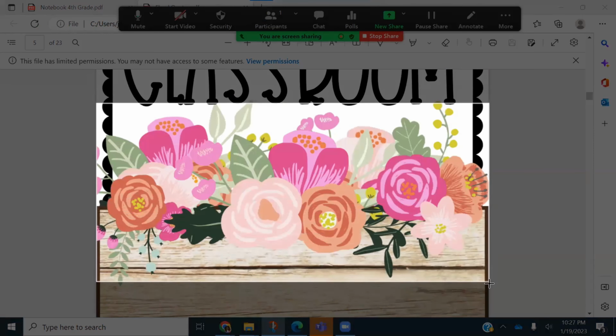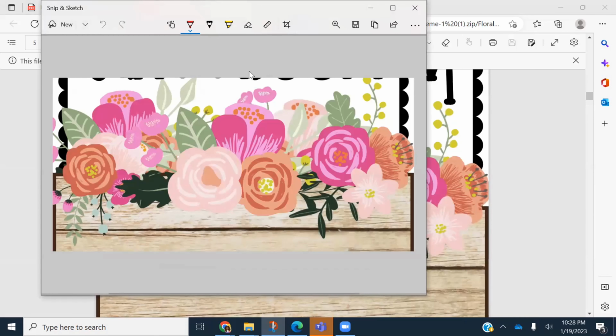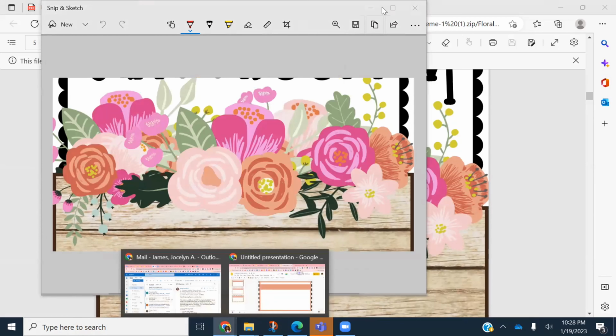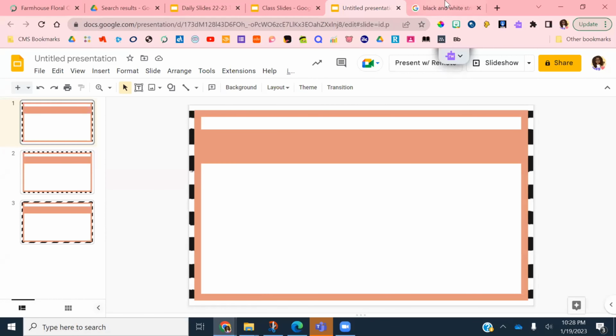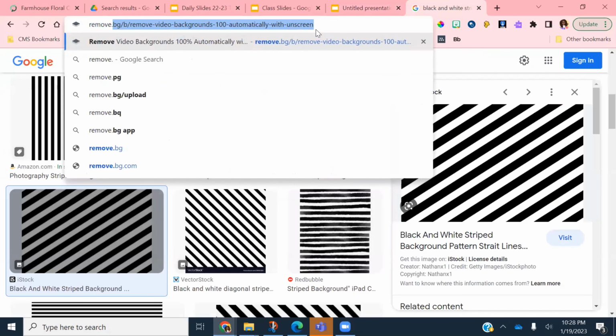Do not do this because there's so much in the background of these flowers. But literally, I'm just taking my screenshot tool that's built into my computer, and I'm gonna screenshot the flowers that I want. I'm gonna save this screenshot to my computer. I just saved it as flower one, and then I'm gonna go to one of the best websites that I have found that's free, which is